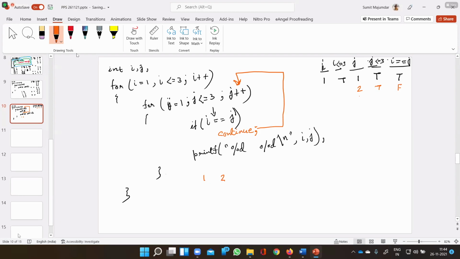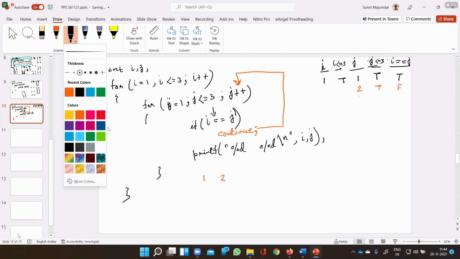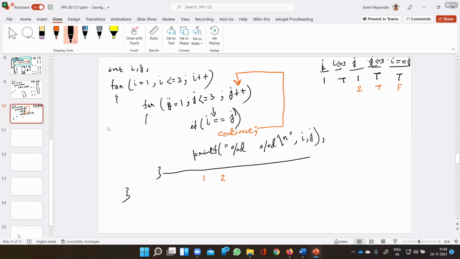From this position, it will come to the updation part here, and here it will make the j value 3, right? This condition is true, this condition is false, so it will print the value of i and j.